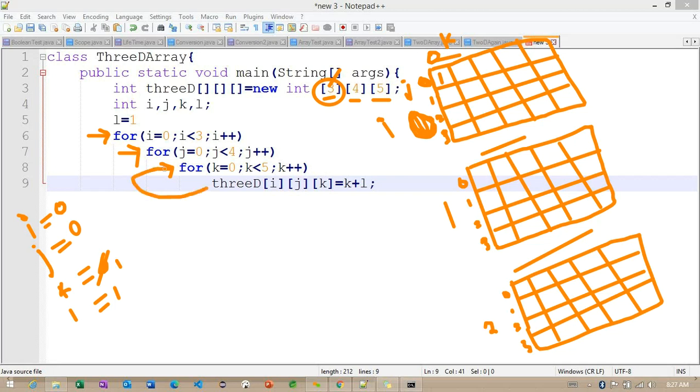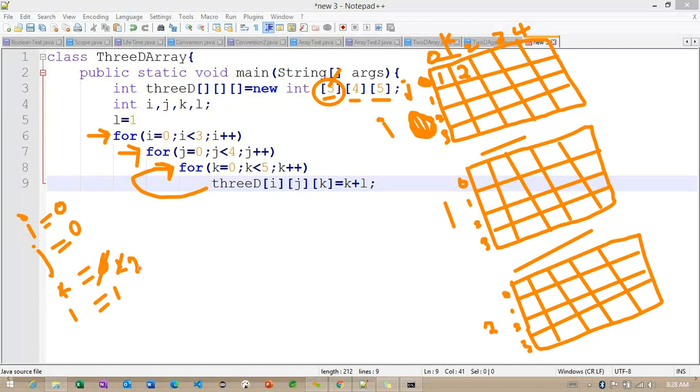Again, the loop repeats here. The K block: 1 less than 5, the condition will satisfy. If the condition is satisfying here, now what I am doing here? I'm trying to initialize the value. So 1 plus 1, 2. Getting the point. The 2 I'm trying to initialize into the K index location, which is nothing but index location 1. So now you can define 1, 2, 3, and 4 here. This is very important here. After this, the K value will become 2.